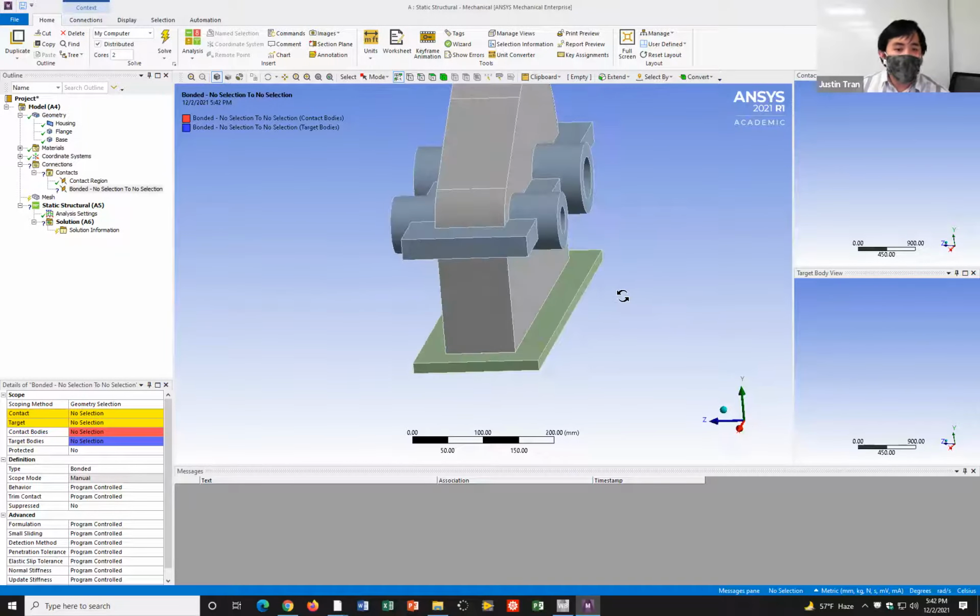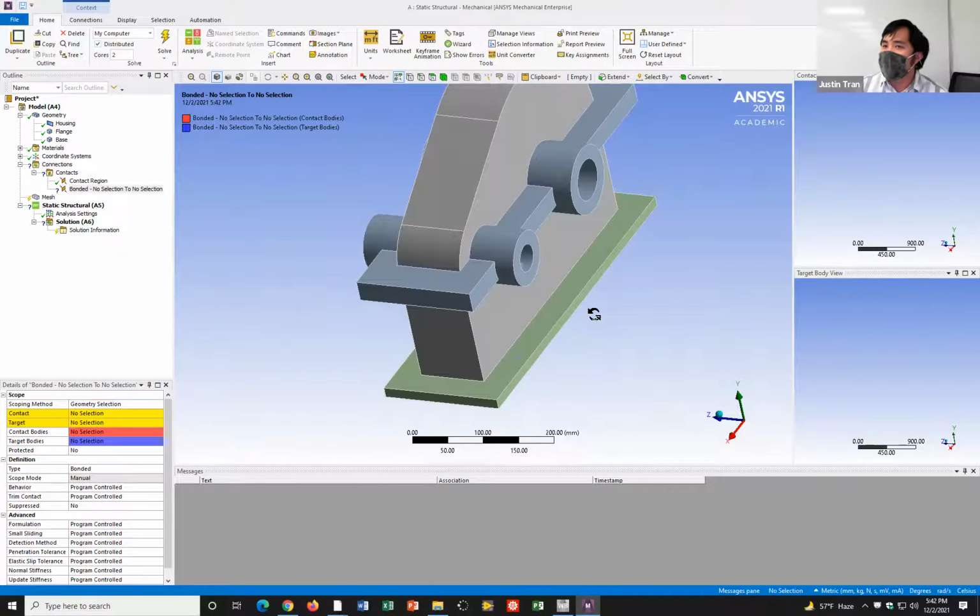Have we talked about in this class how to specify contacts and targets before? I know I've probably talked to a couple of you individually, but I don't think we've talked about it as a class before. So let me give you the logic behind it, because in theory, especially because we're setting these as bonded, it raises the question of which one you should set as the target and which one as the contact, and the choice actually matters a lot. So let me do it the wrong way first, and then I can show you.